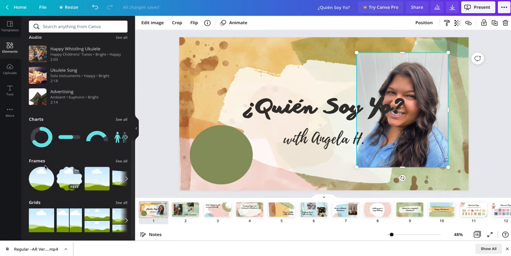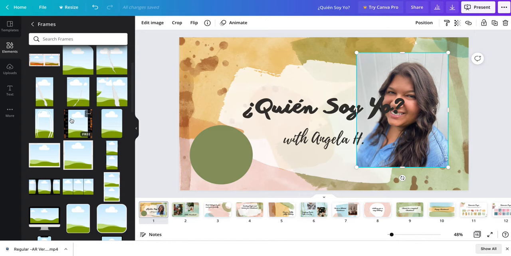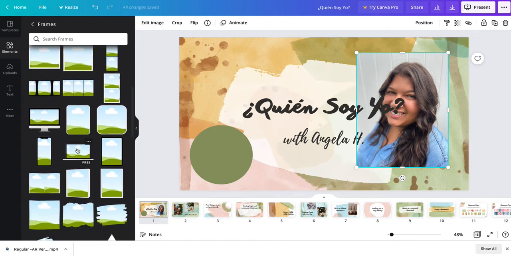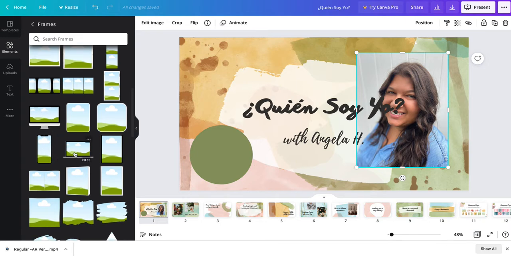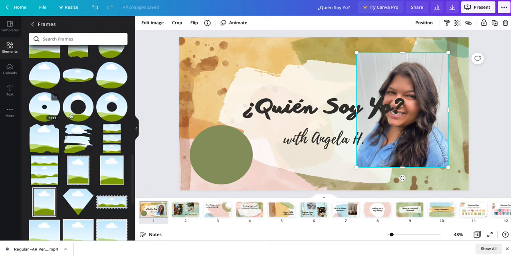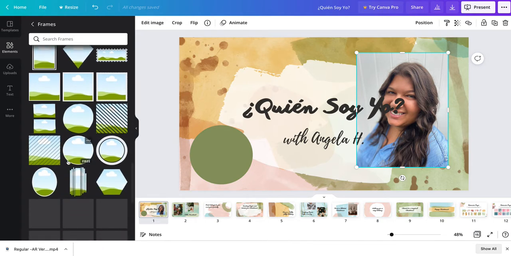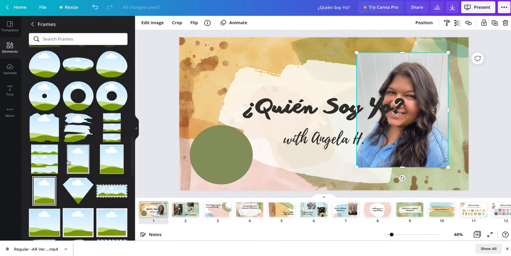And if you come down to the bottom here, you can see there are frames and grids. Frames are basically when it has this cloud and the grass in the background. That means that you can put the picture into any of these things and it will conform to the shape of whatever that frame is. So you can put a frame in on a laptop screen, on a cell phone. They have different styles here. You can do these ones on like a stamp kind of design in a frame. So there are tons of different frames here that you can use to show your picture,